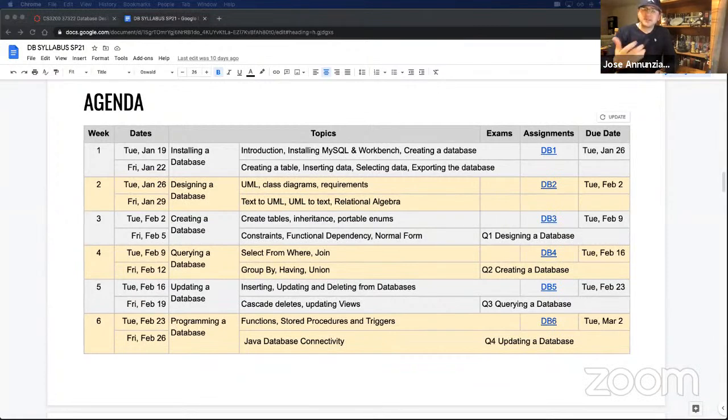So, stored procedures and functions, right? That's as close as you can get, when you're programming a database, to the actual database, and creating some executable code that interacts with that database. Now we started introducing a new way, or an alternative or an additional way of programming the database, but from outside of the database. Right? We introduced Java JDBC last week, and of course, like any other programming language, it has its own quirks,